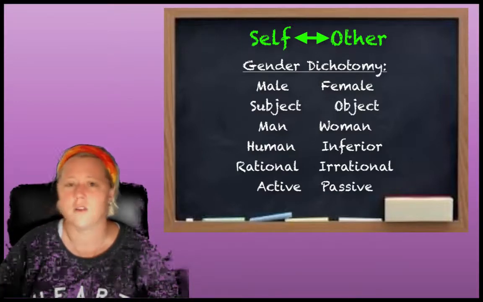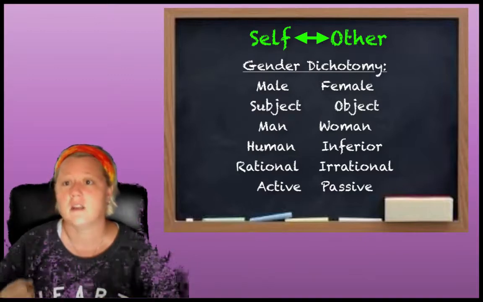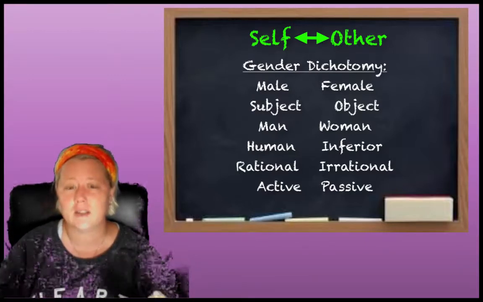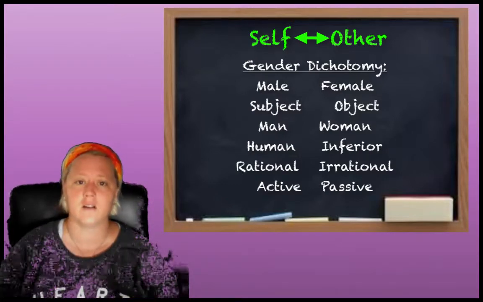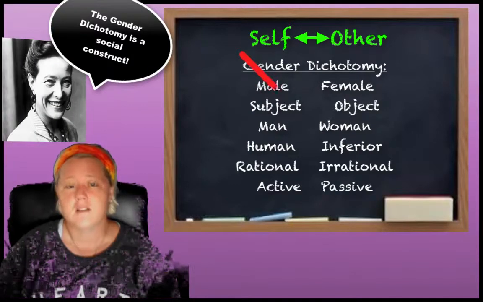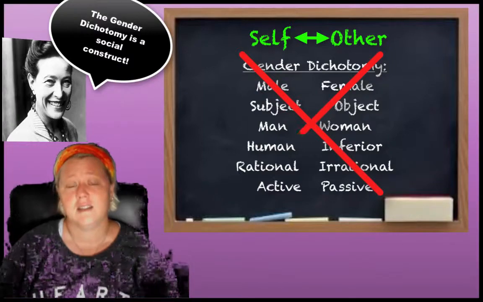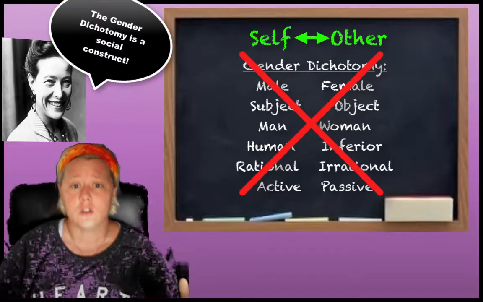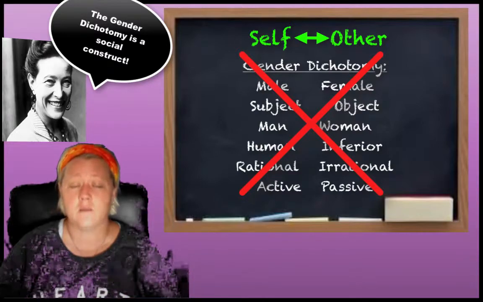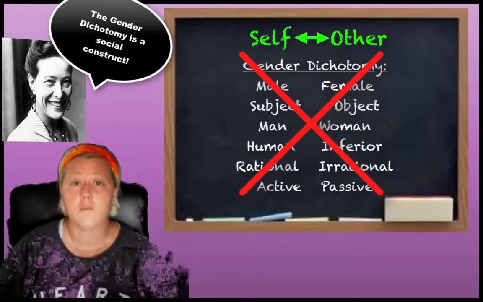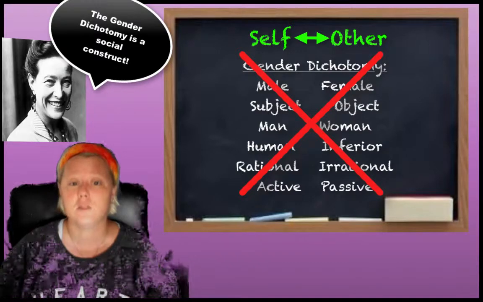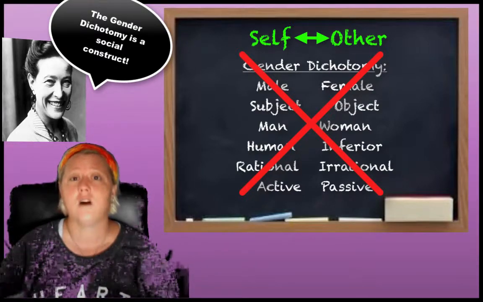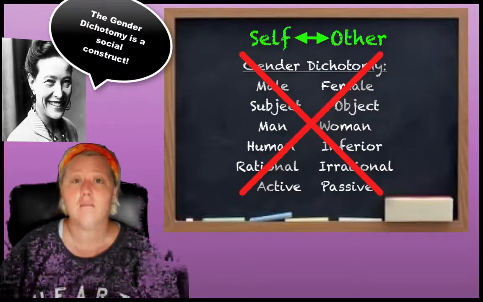They're not as strong, they're not as aggressive, they're not as rational, right? That there's something essential about women that makes them inferior. But what Beauvoir is trying to argue is that basically that's bullshit. That is a social becoming that has been put on women. One is not born a woman, one is not born other, but rather one becomes a woman. One is othered by men.